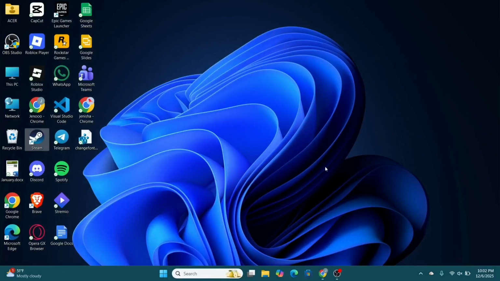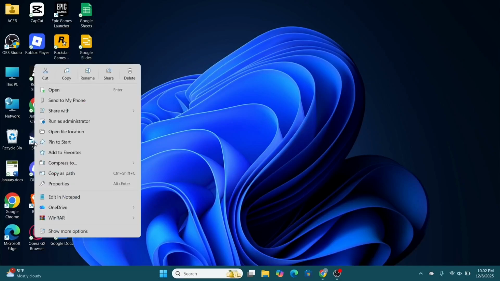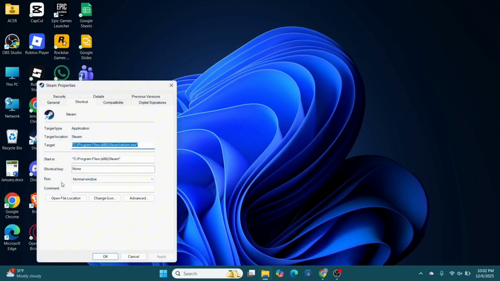And apart from that, you can just go over and start Steam without the WebHelper as well. You can right click on your Steam, go to properties, and within properties, you can go over to no